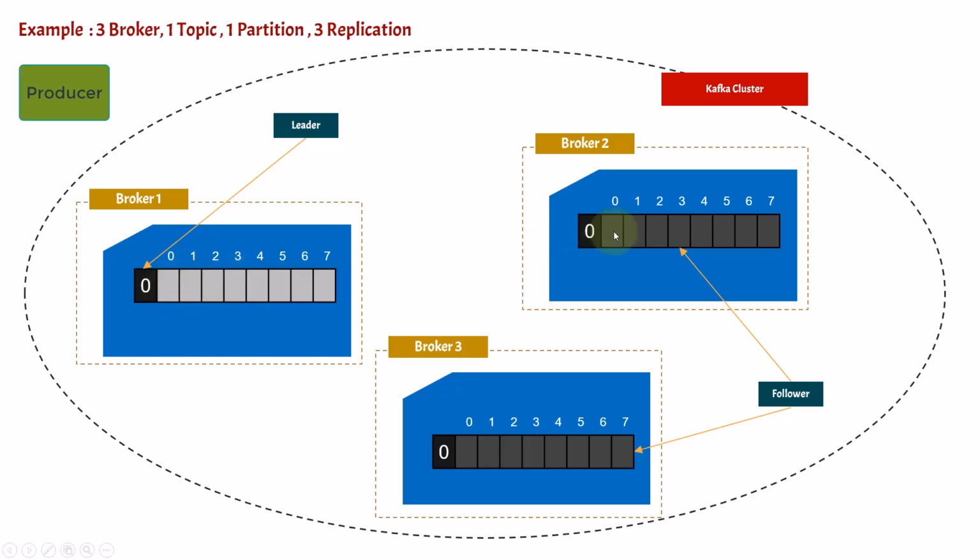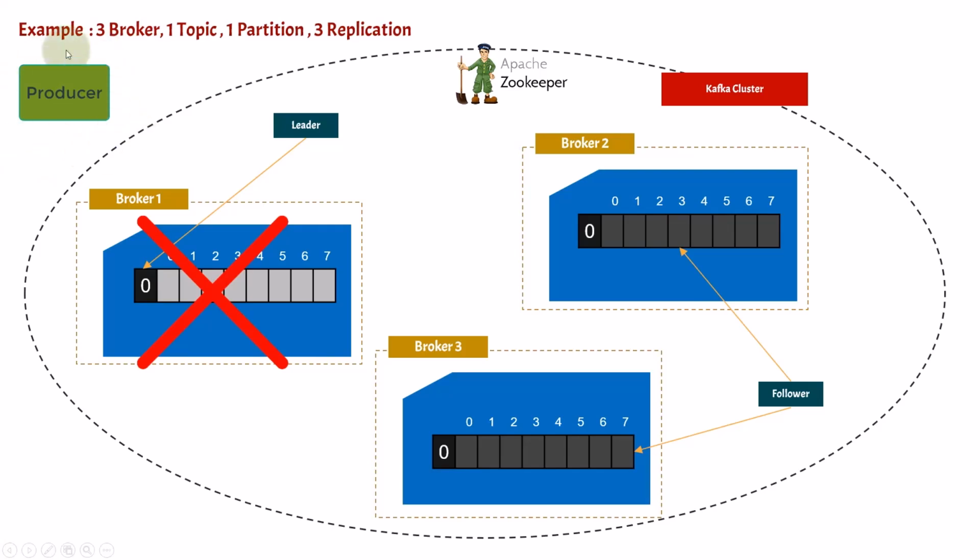Now internally the data is being replicated here, and Zookeeper knows which is the leader partition for this particular topic and partition. As we have learned in our first or second video, that is the importance of Zookeeper. Zookeeper knows, for a topic and a partition, which is the leader and which are the followers. Now let's say broker 1 goes down, there was some power failure and the whole Kafka server crashed. Since the data was replicated to these followers, the data is not lost.